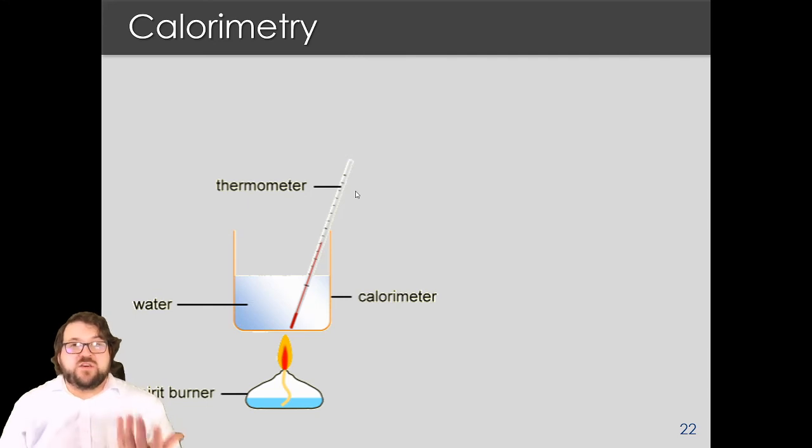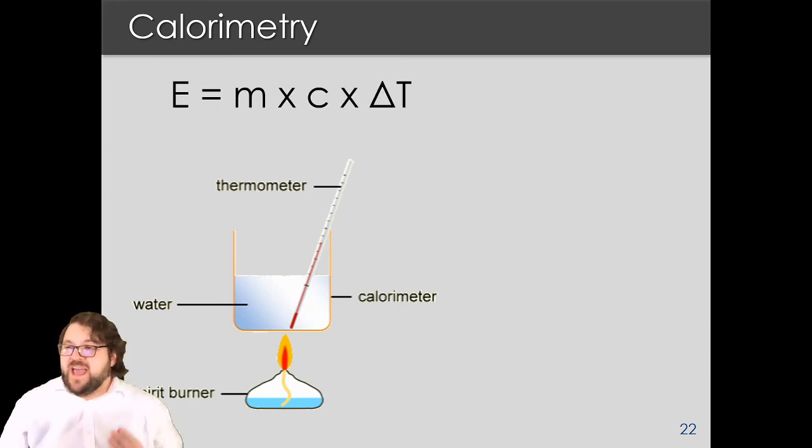And by taking those 2 very simple measurements that you could take yourself probably at home now, we can figure out what the energetic change is, because the energetic change is going to be the mass of the water times the C. C is the specific heat capacity. That is basically saying 1 calorie in there. So we take the mass of the water, times it by the specific heat capacity, and then times it by